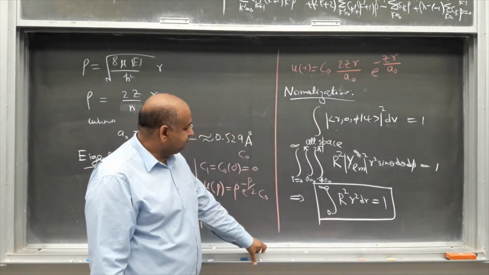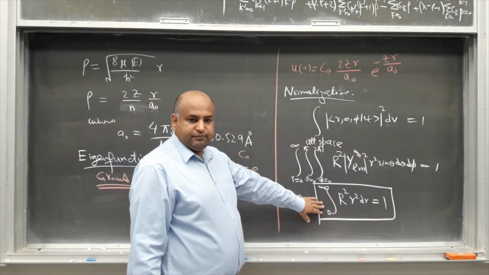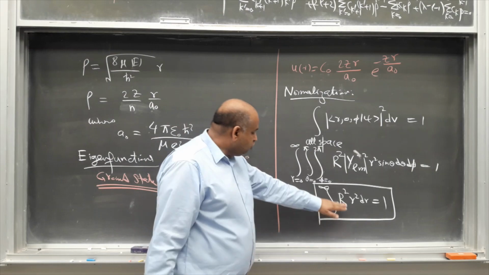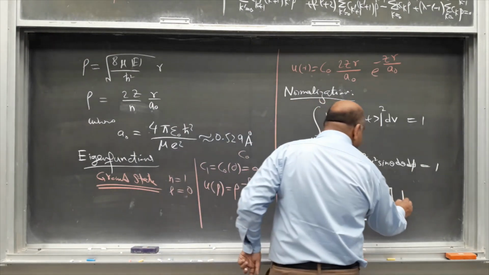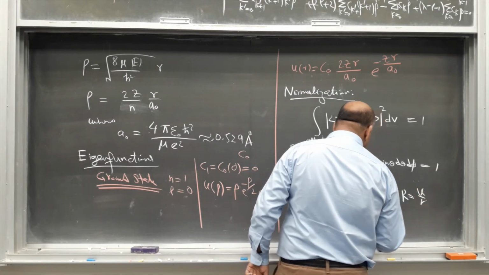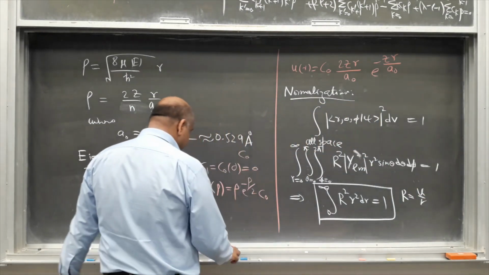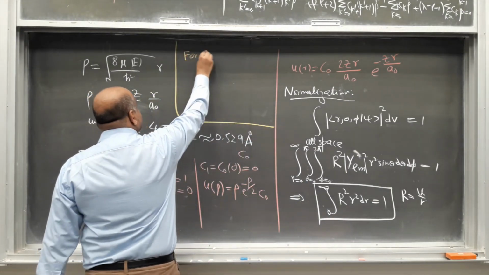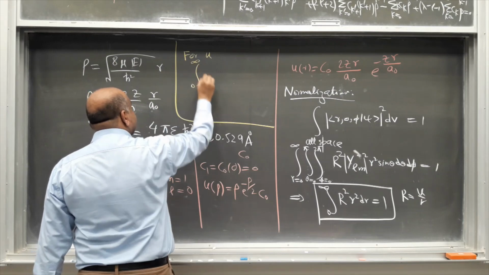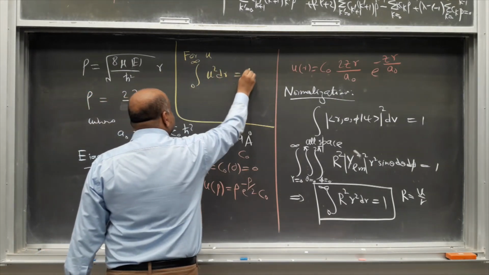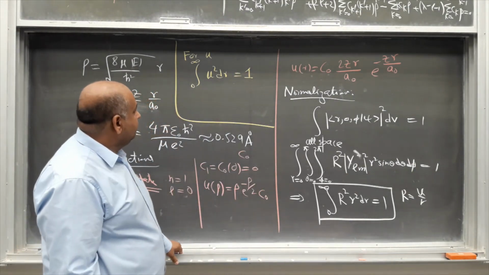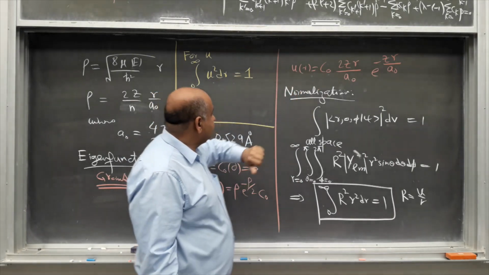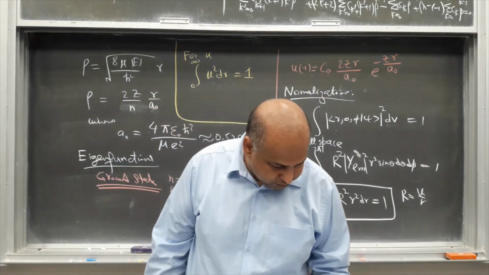So this is our normalization relation. However, since this capital R is nothing but U over R, if you recall, for U the normalization condition is the integral from 0 to infinity of U squared dr equal to 1. Okay, so you substitute this here, you find C naught, and C naught comes out to be